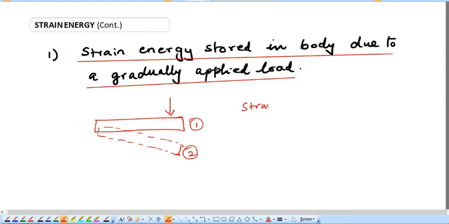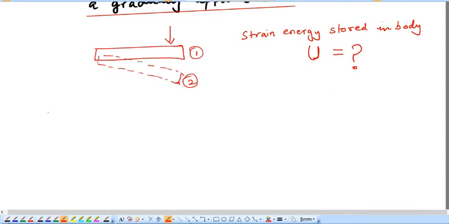So, strain energy stored in body, it is denoted by the letter capital U. So this U you have to find. What is the strain energy stored in body? So this strain energy stored in body is equal to the work done by the load. So this is your load. So work done by the load is equal to